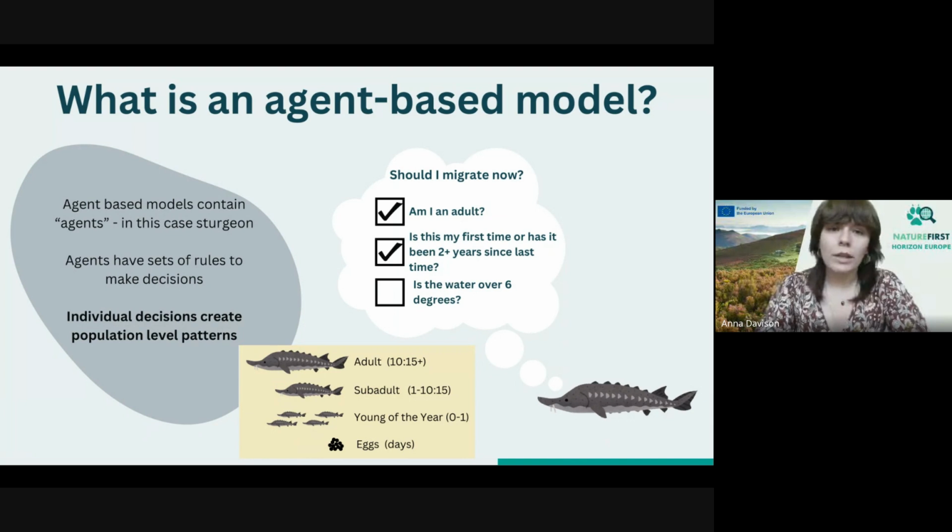So first of all, what is an agent-based model? The most important part is in the name, the agents. Agent-based models contain these so-called agents, which can be a little bit difficult to define. But essentially, each agent in the model has a set of rules that it uses to make decisions. In our model, our agents are sturgeon, and in the yellow box, we can see the agents in the model are split into